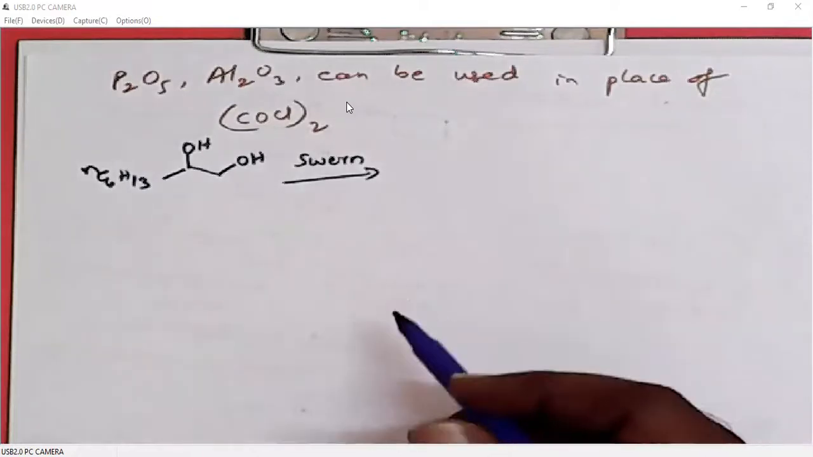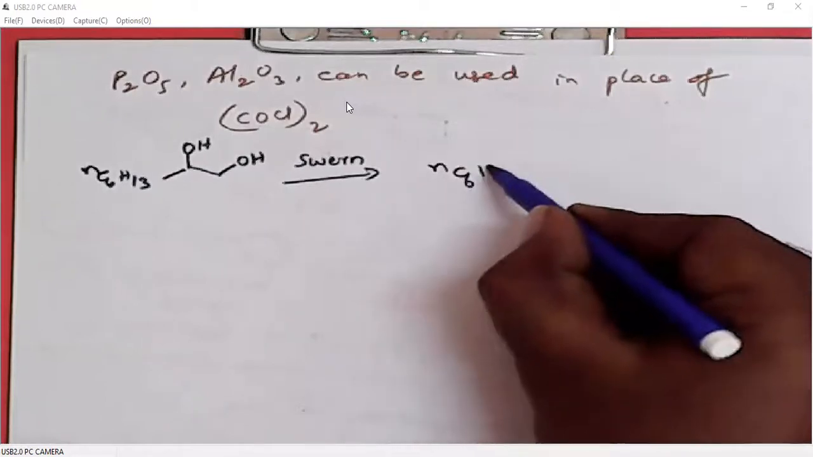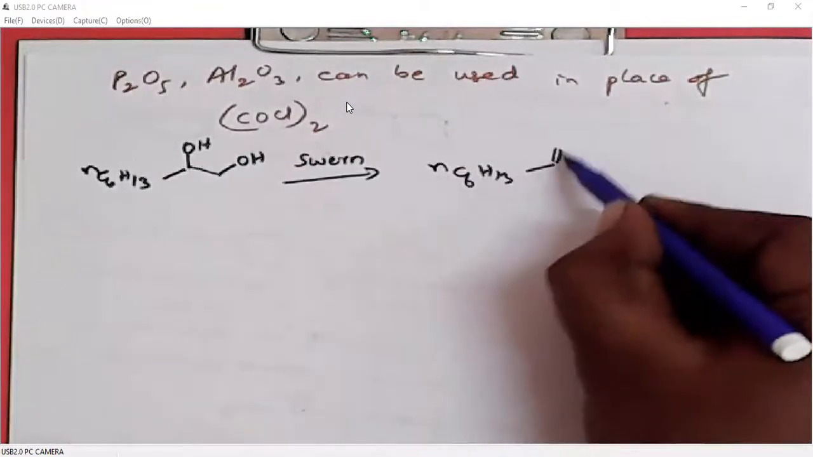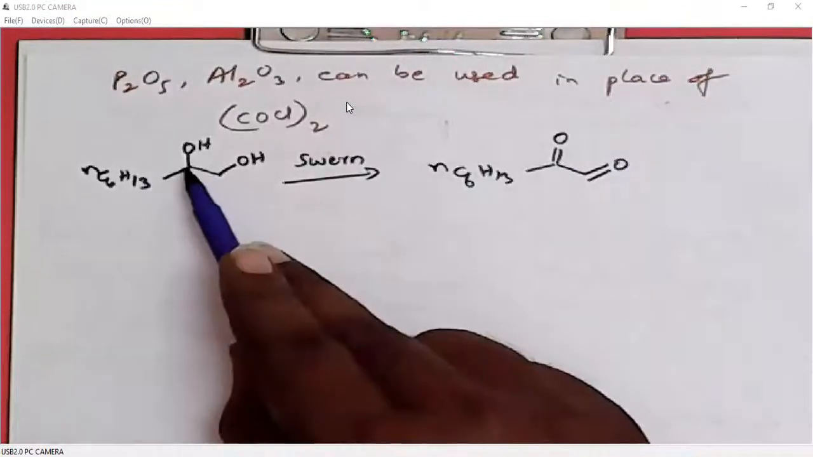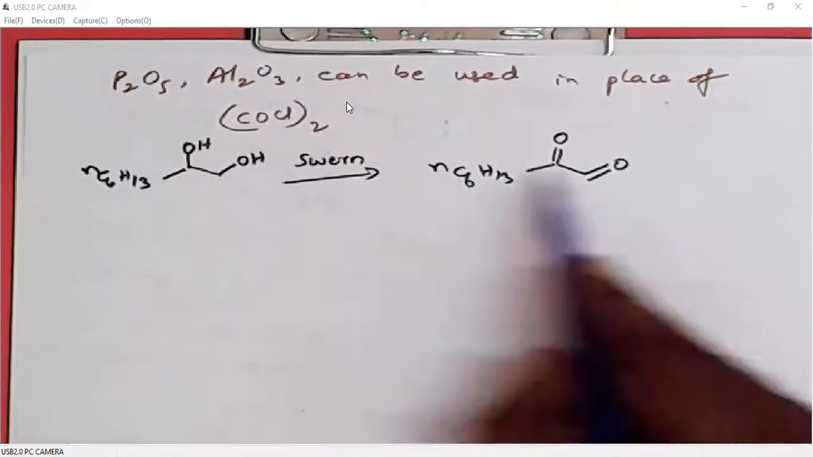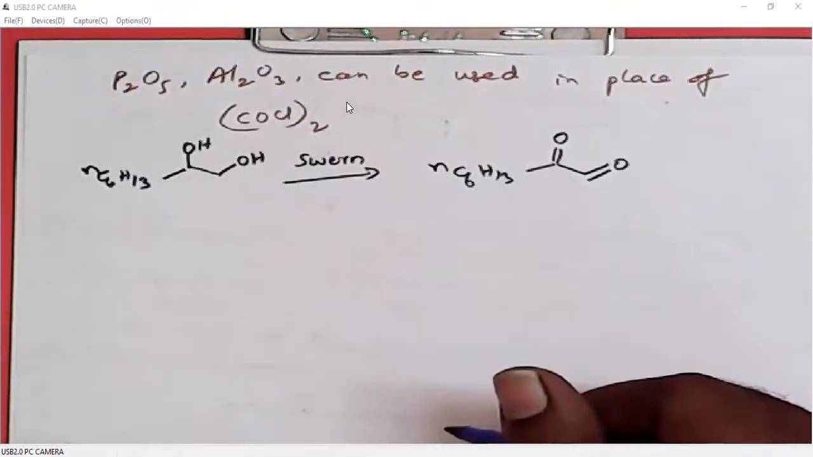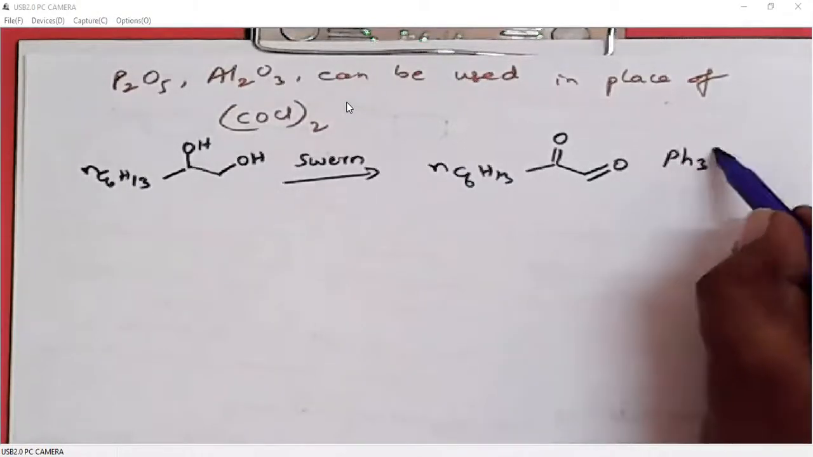So when we do Swern oxidation, all the alcohols will be oxidized to the corresponding either aldehydes or ketones. This is a secondary alcohol, so it will become a ketone. This is a primary alcohol, so it becomes an aldehyde. Then if we add a Wittig reagent,